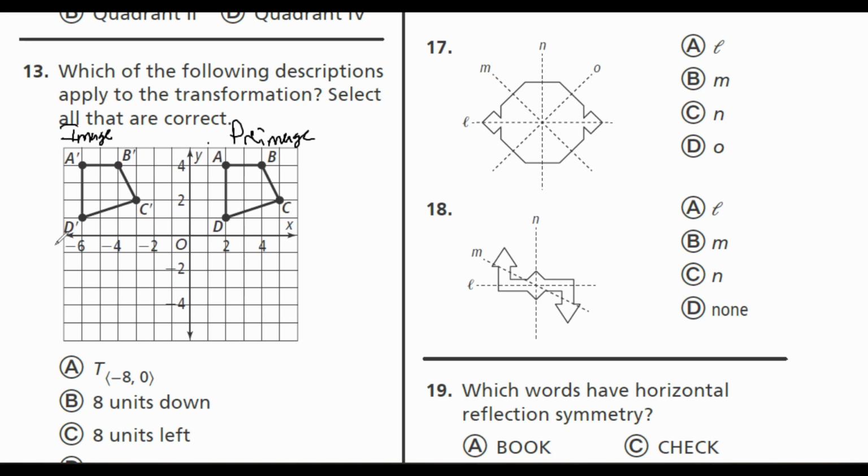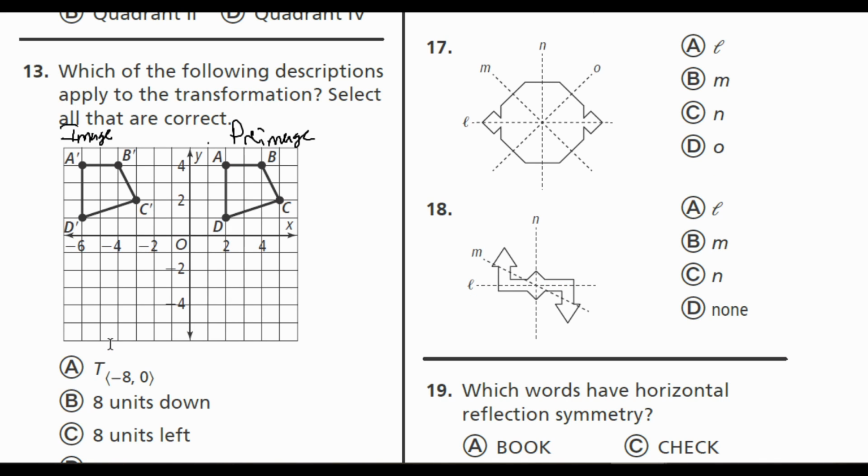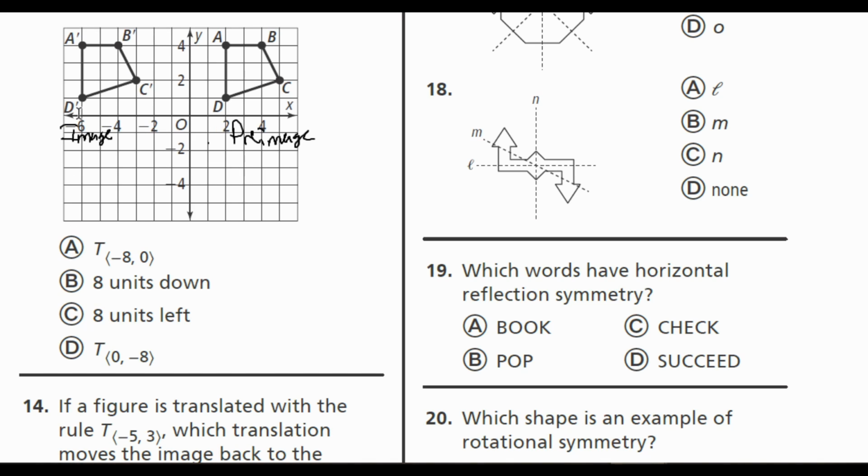Now, I'm going to look really quick and just confirm that all 4 options are related to rigid motions. All of these are straight up translations. So there's not going to be a question where you can't answer it because it's not a rigid motion. So I just need to find any combination that's true. And before I really try and count these out, let's talk about what this means. A means go left 8 and don't go up or down. This says go 8 units down. These are not the same. However, A and C say the exact same thing. So if I understand that one of these is right, then the other one's automatically right because it's saying the same thing. Then if I look at my other option,